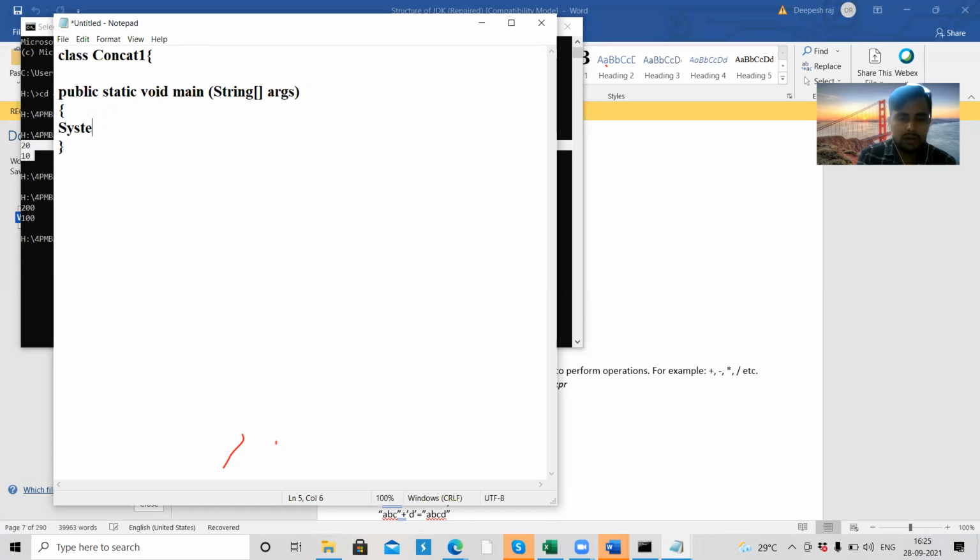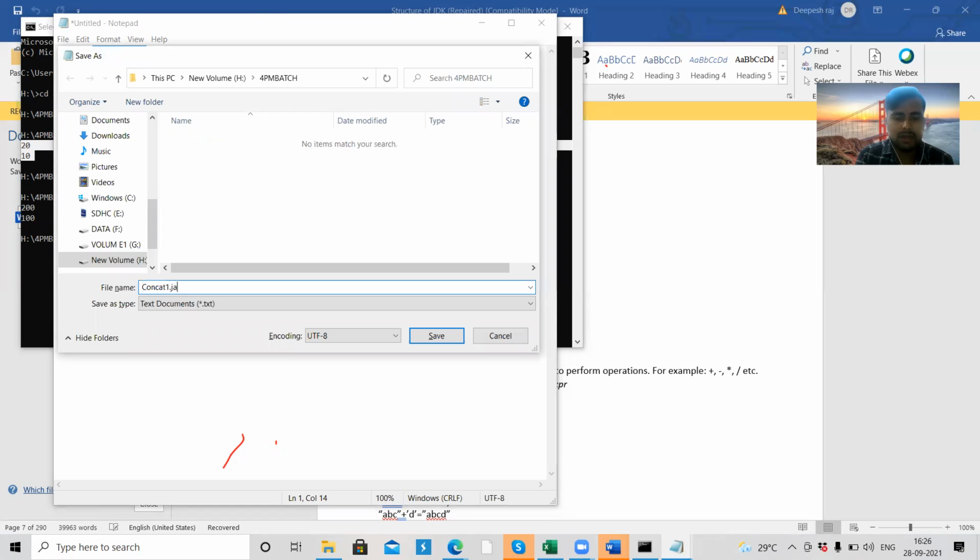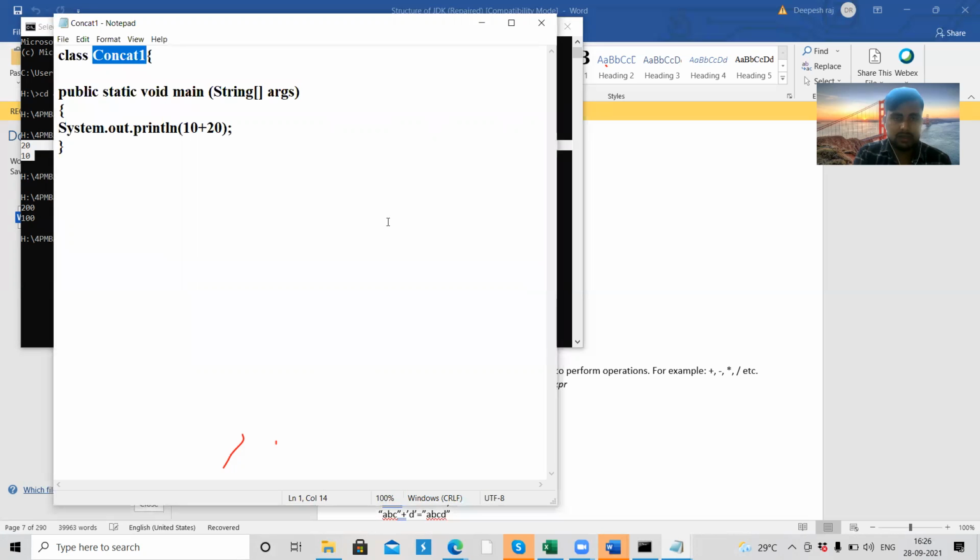Let's take System.out.println, and if I directly do 10 plus 20, it will give us the result 30, because both are integer values. There is no string.